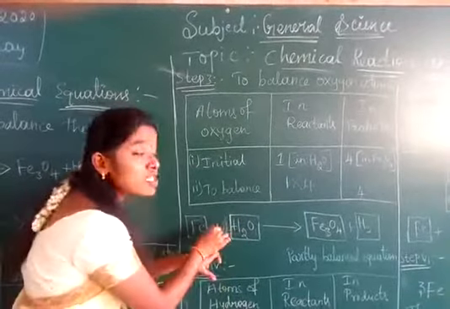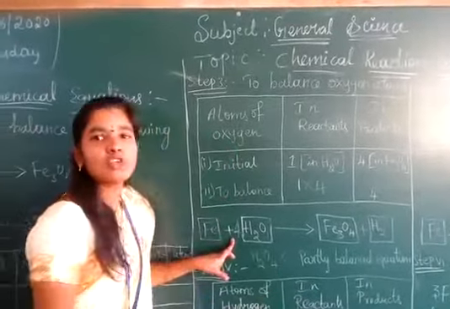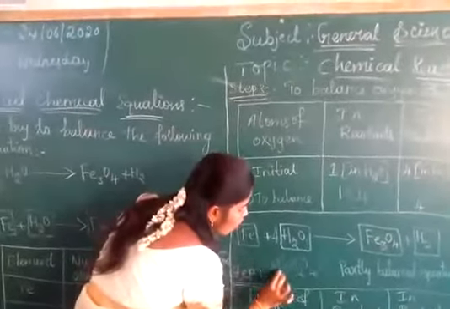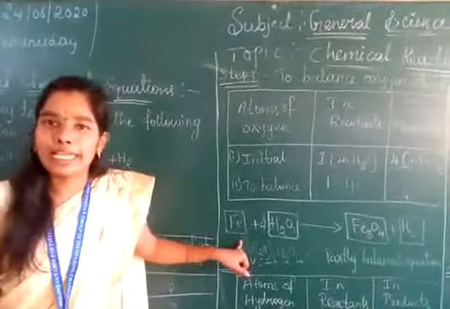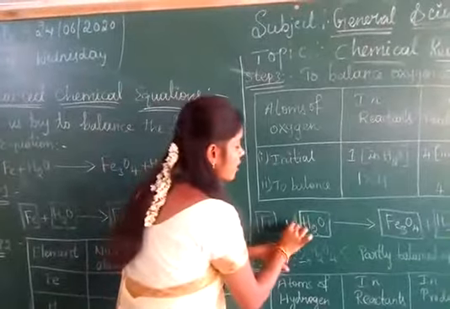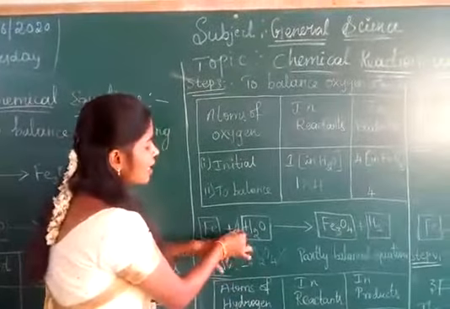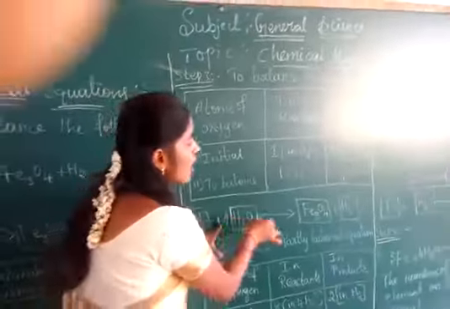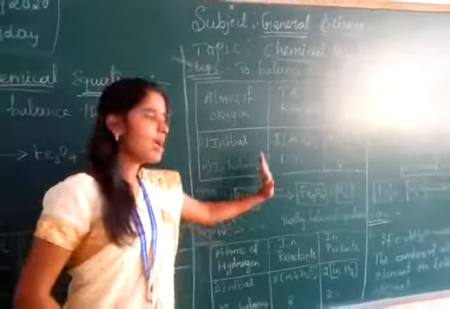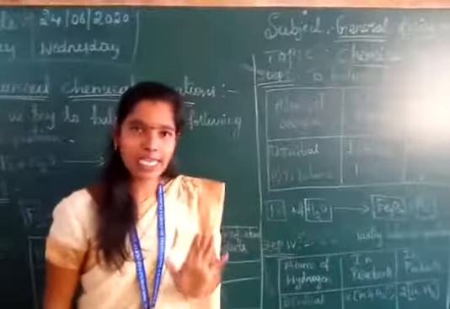Children, you have to write outside the box. You should not write H2O4. This is wrong. You should not change anything inside the box. Also do not write H2O in a bracket with 4 below, this is also completely wrong. You have to write it in front only. This 4 is common for both hydrogen as well as oxygen. Now you can see that on the reactant side oxygen is 4 and on the product side oxygen is also 4. We have balanced oxygen on both sides. So this is nothing but a partially balanced equation.